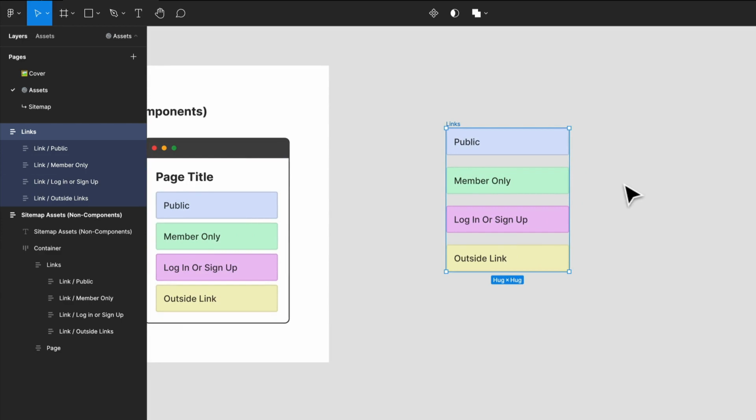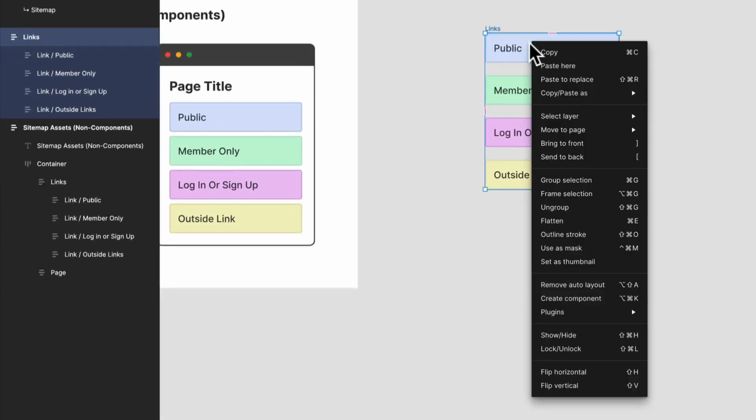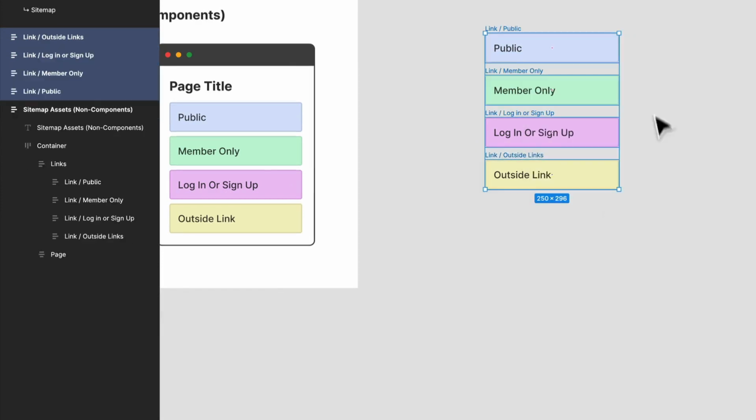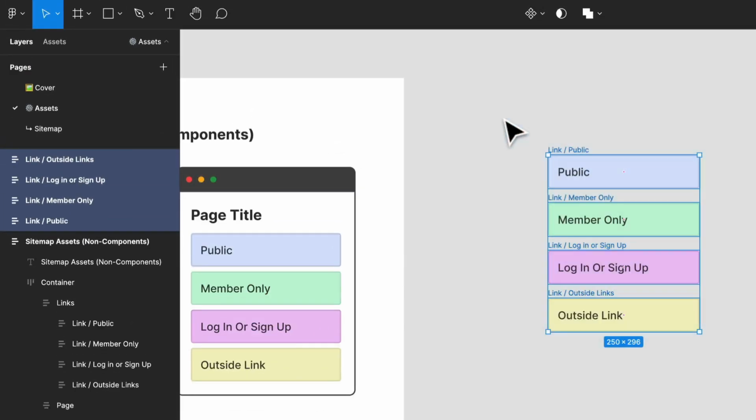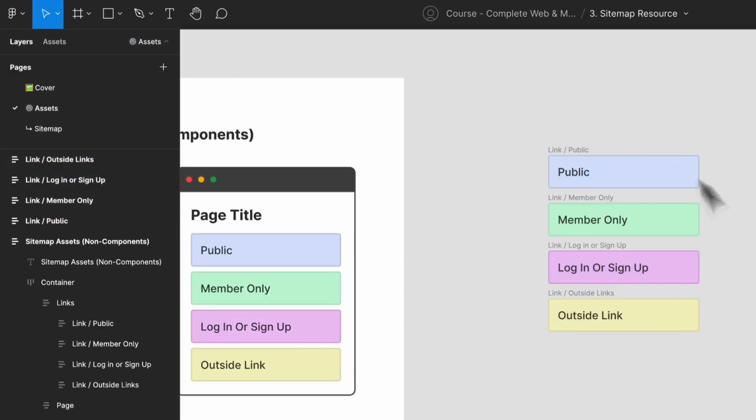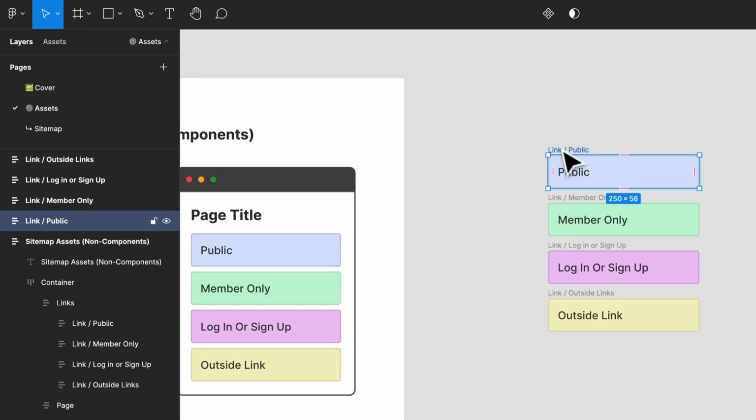What I'm going to do now is deselect the group and ungroup them. For me, it's Shift Command G. You can even go into the right click. It's going to be Shift Control G for Windows users. So now that we have all of our components that we want to build, we can do a couple of different things. Now we can either just create a component like this,